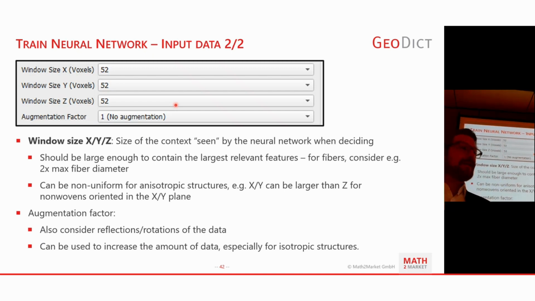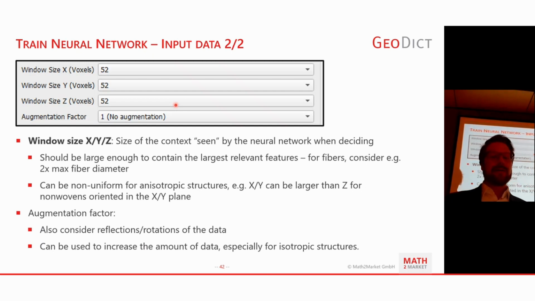And if you imagine that you have fibers, say, that are much bigger than your input window, then the input window might see just red voxels. And then, of course, it cannot decide where to put the center line because it has no idea where inside the fiber it is. So, for example, for fibers, we suggest, and that's based on our experimentation, making the window size at least 2 times as large as the fiber diameter.